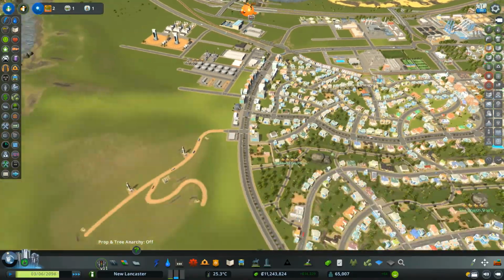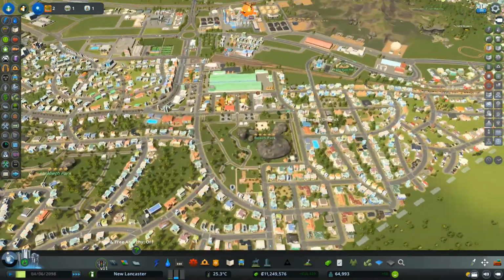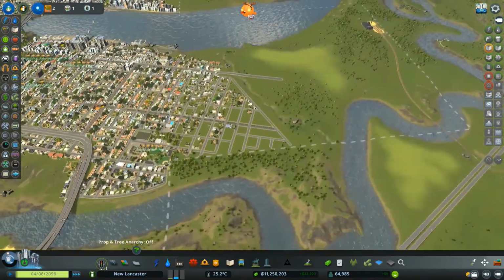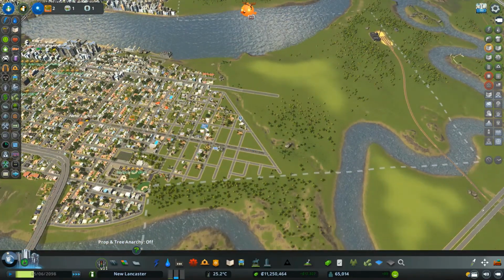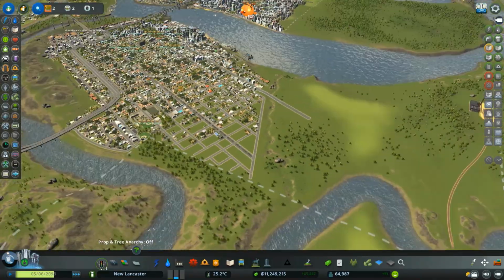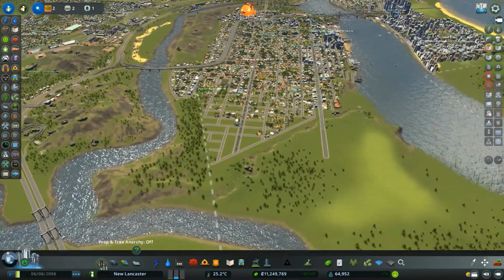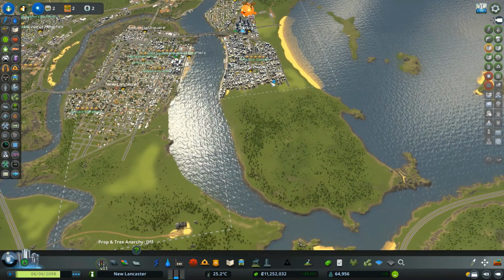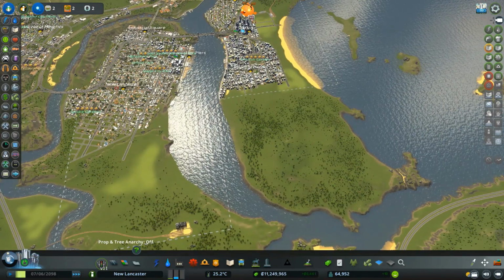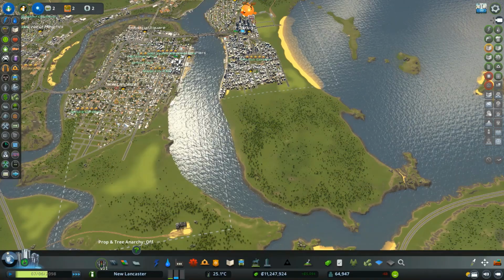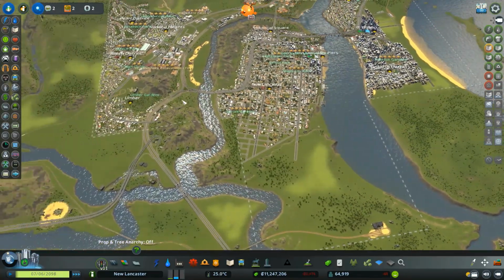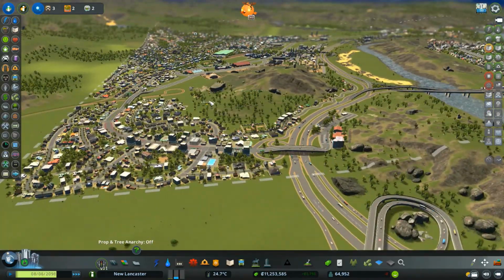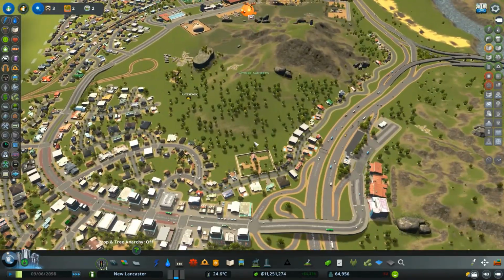All right, so we don't have too much residential demand, but that's fine because this is zoning in. That's what we built last episode, but this episode I was going to buy this tile and just do the same thing, but it's only growing slowly, so why don't we wait for this to come up, and let's build our first nature reserve in Umber Gardens.